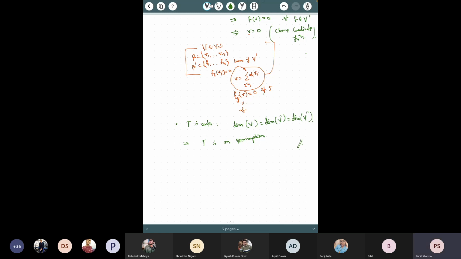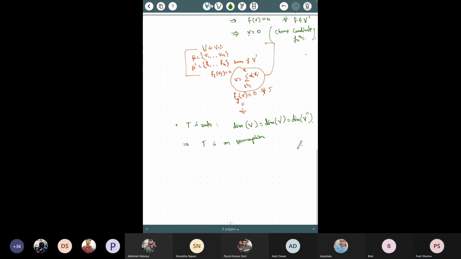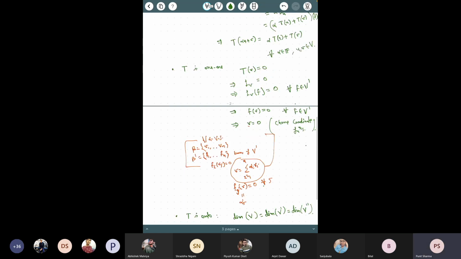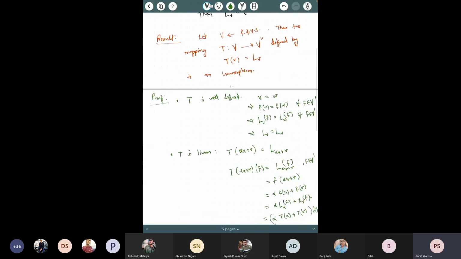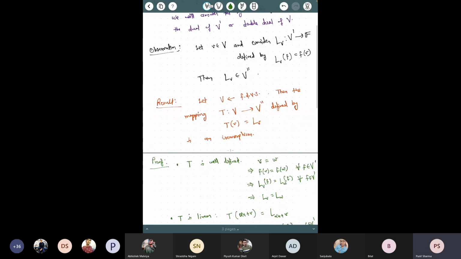So there, independently, you can also show that these functionals you have defined here... What is V double dash? V double dash is the dual of V dash. For every V dash, if there is a basis of V dash, then you can find its dual. So you actually know the dimension of V double dash. You know the dimension of V. So this is known. You use this fact, and also you can show that without using this,